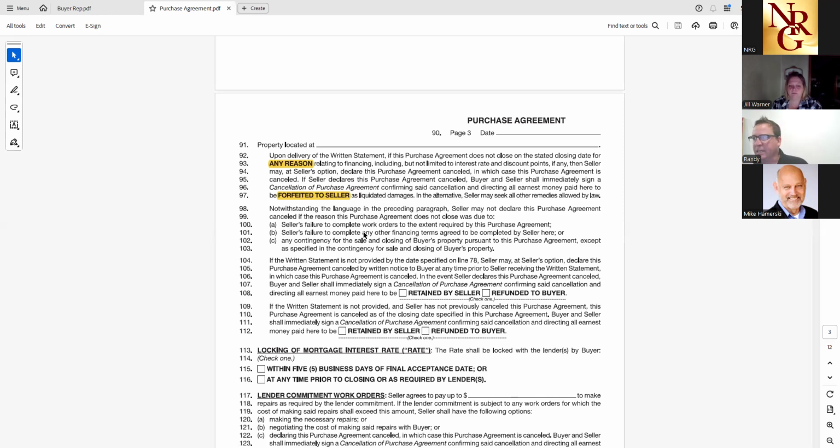In the next line, the buyer and seller sign the cancellation, and then it directs the money to the seller for damages. So I think possibly I could go back to the old PA, but it might have had another option